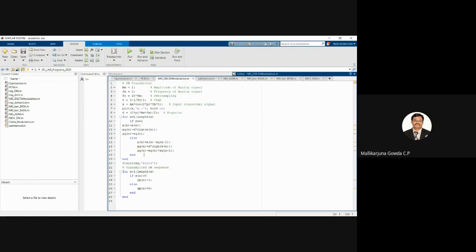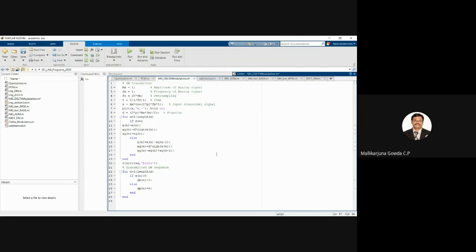xq of n, that is the input to the quantizer, means the feedback, that is to the prediction filter. Yes, you people should say xq of n is equal to EQ of n plus xq of n minus 1. Is this clear? Yes, sir. So this is what? This is the input to the prediction filter.